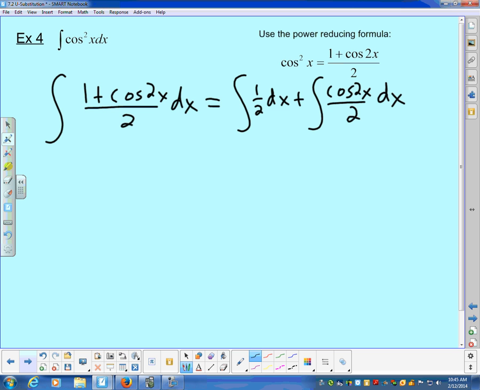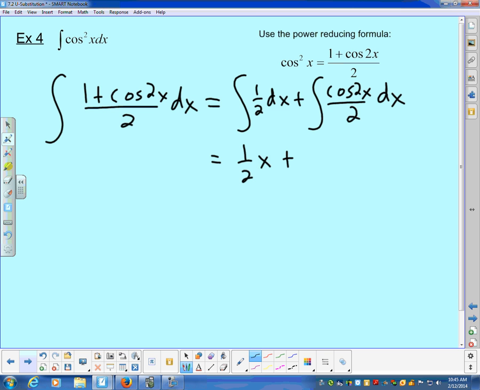Now, the first part of the integral does not use the u substitution. The second part, we could probably just go with what I told you earlier. You just take the integral of cosine of 2x and then divide by the derivative of the inside. But that's also a u substitution. So the integral of 1/2 dx is 1/2 x. Good. So that part doesn't require any kind of u substitution. Plus,